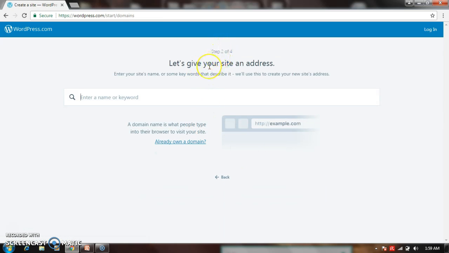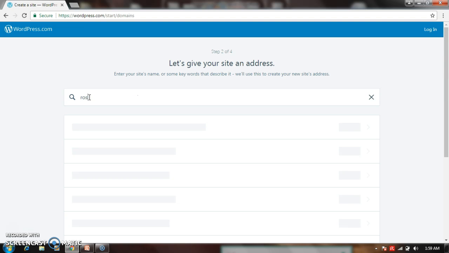Then the step 2, let's give your site an address. So we will have to type a name or keyword. It should not necessarily be your name. We can choose anything. This is just the address of the site. So I'm just choosing Rose Faculty,